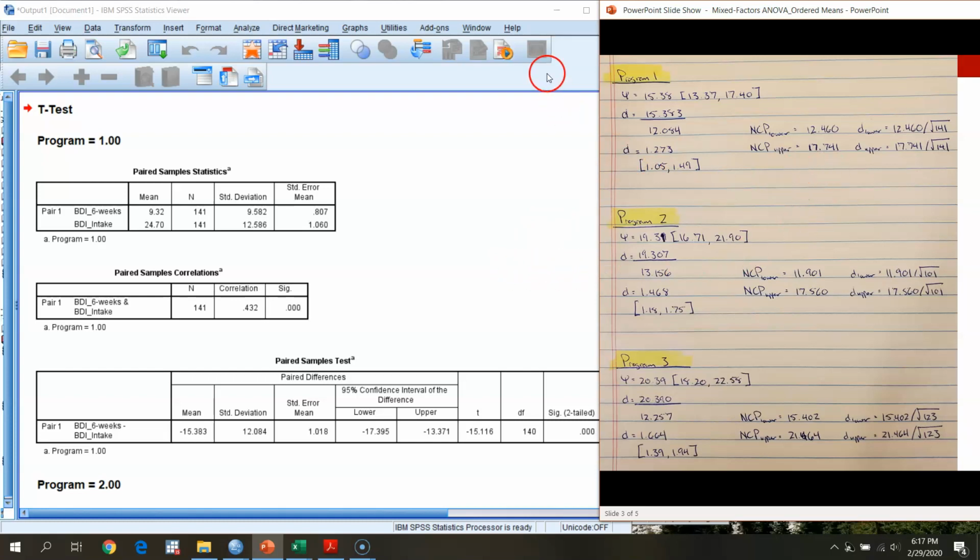Remember that to calculate a confidence interval, we need to take this t-value and get a non-centrality parameter for the upper and lower limit, given this t and the degrees of freedom. Then we can use that non-centrality parameter to back translate into an upper and lower limit for d. So here, if we go to, let's see,